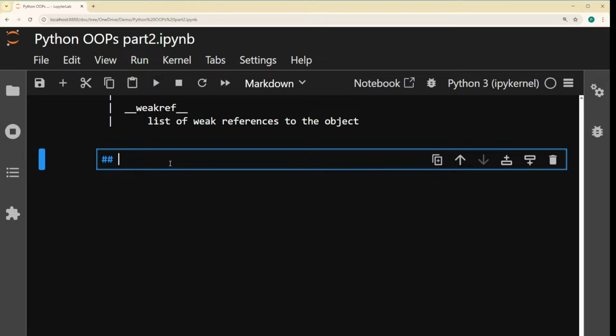Okay. Then let's revise all the topics. I'll ask small questions of yes and no and one word questions. When you reply to those questions, all the things which we have learned today will be revised once more, so it will be more clear. I'll start with one question: can we use positional, keyword, default